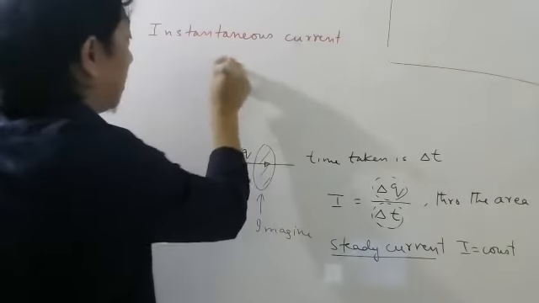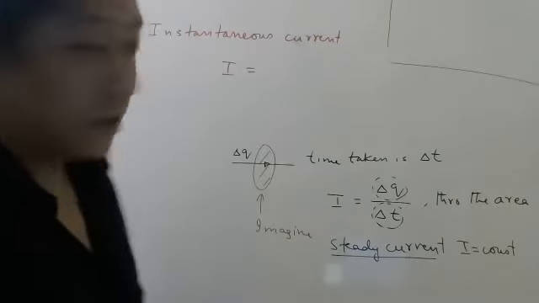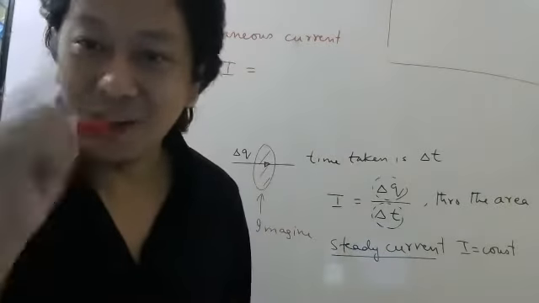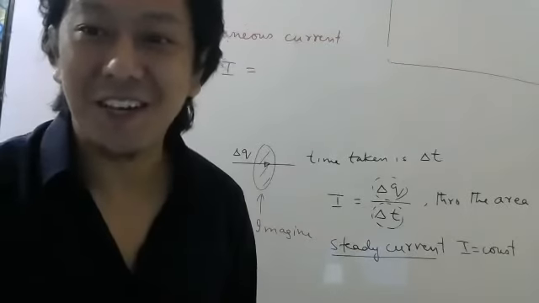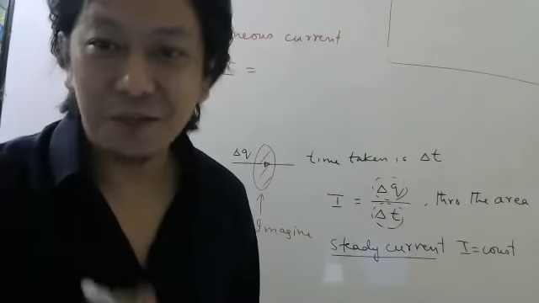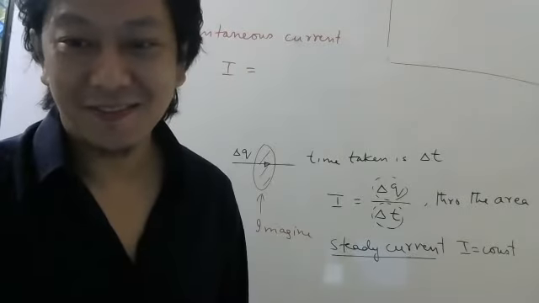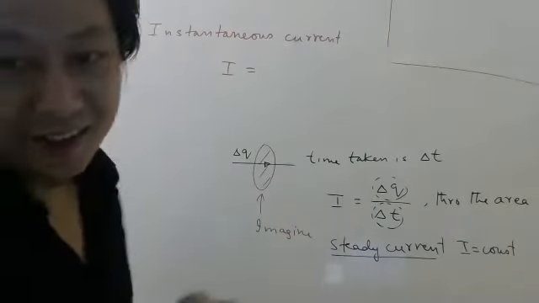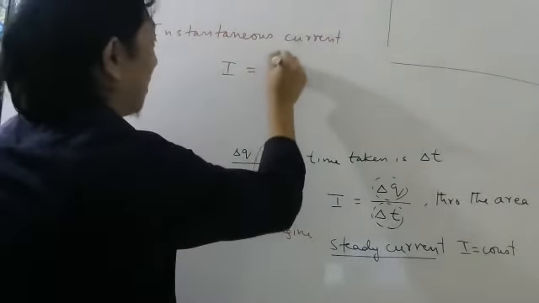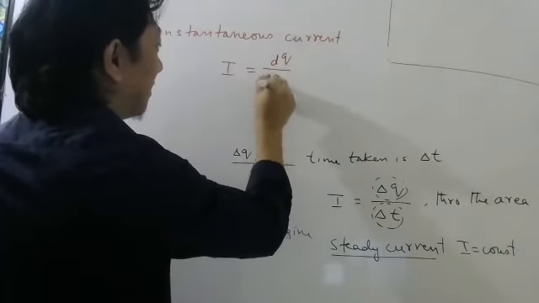how will we define instantaneous current? How can we write the formula? You already know from first PU. How do you write instantaneous velocity? Now the differentiation also you have studied. Quickly tell me. dq by dt. Very good. So instantaneous current will be dq by dt.